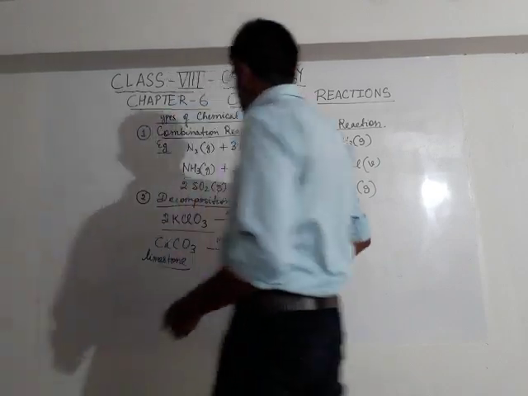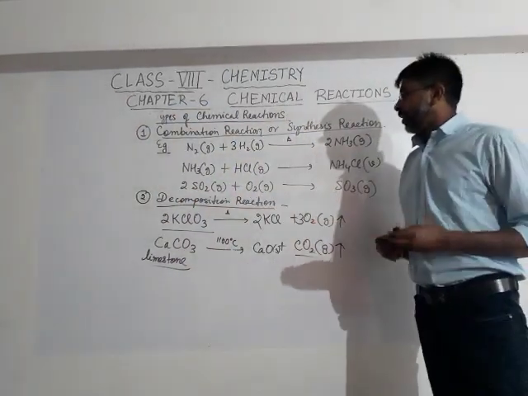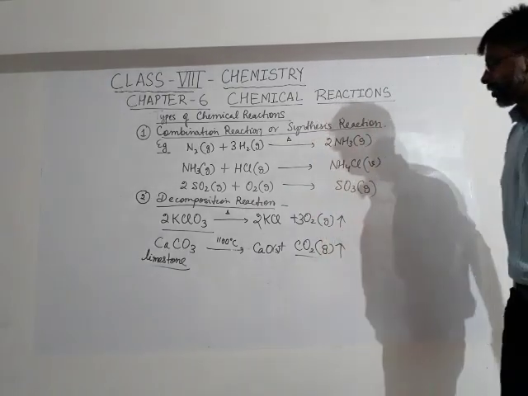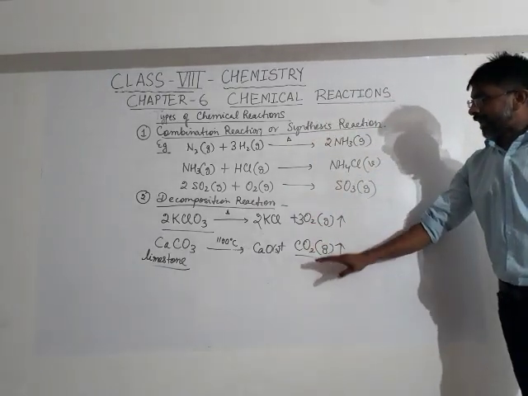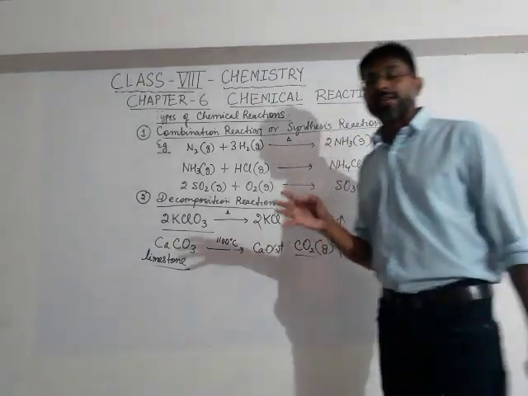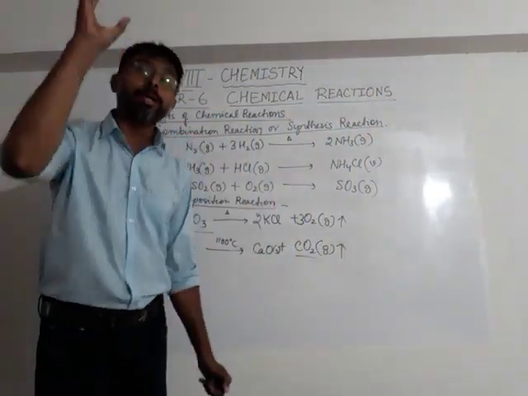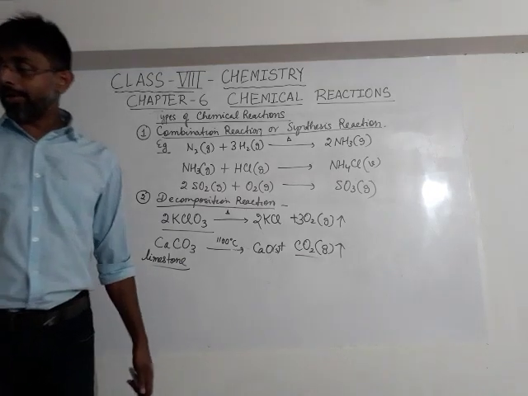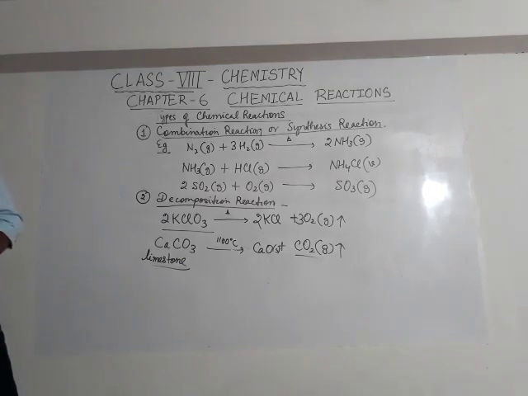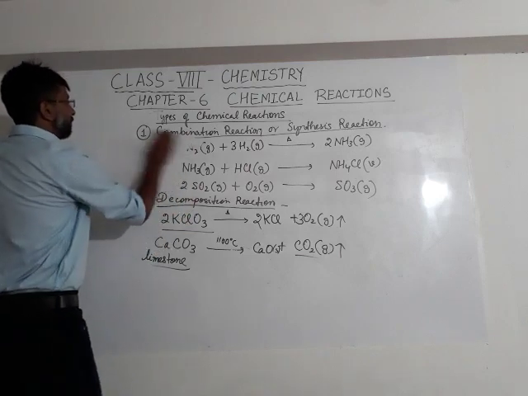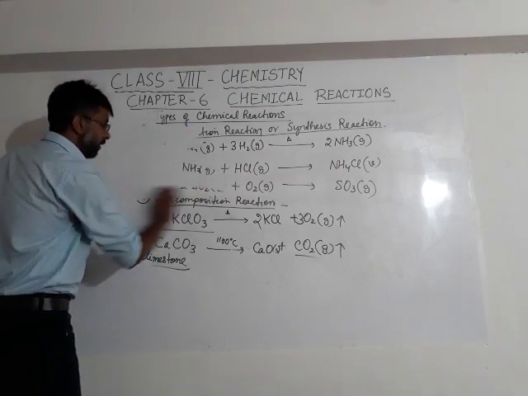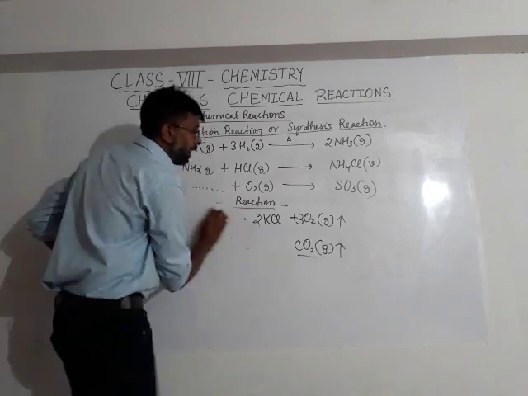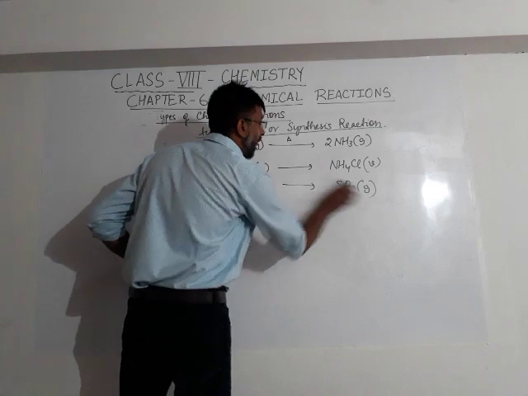So, my dear students, I have explained you now the second example of types of chemical reaction, which is called decomposition reaction. Please go through these reactions and pause my video several times and try to understand what I mean to say. Now I'll go to the next type of chemical reaction, which is called simple displacement reaction. That is number 3. Simple displacement reaction, or we call it in the book single displacement reaction as well.